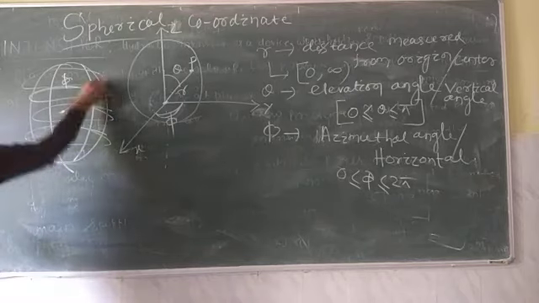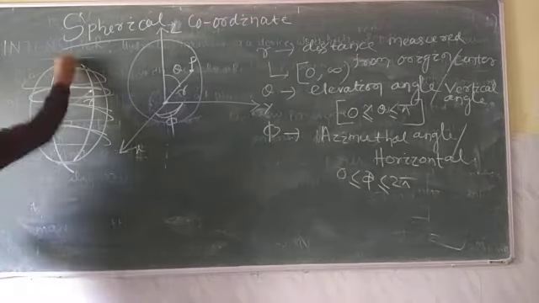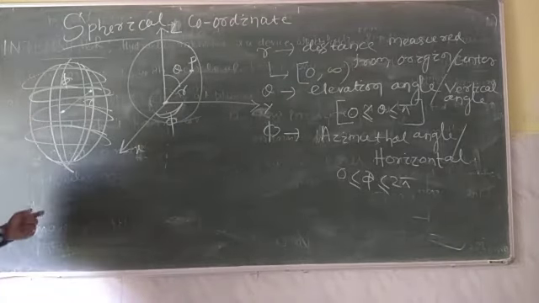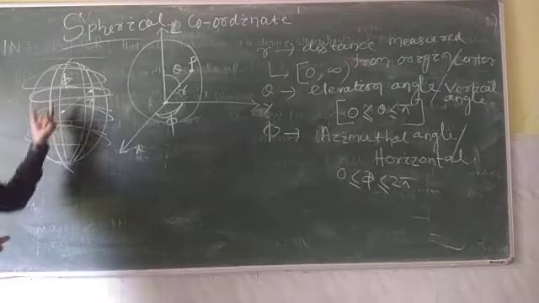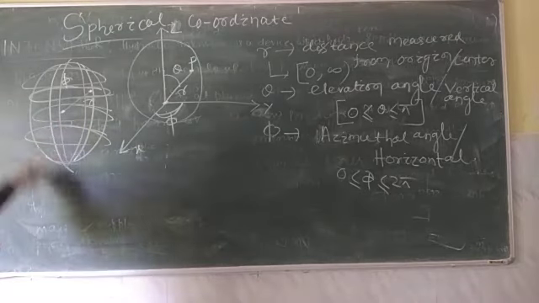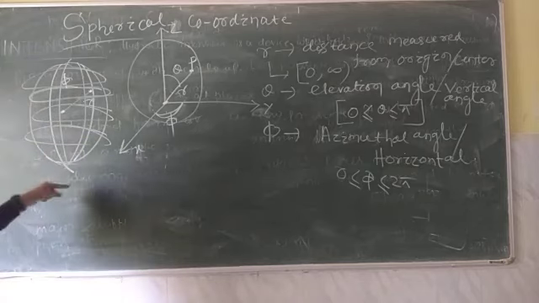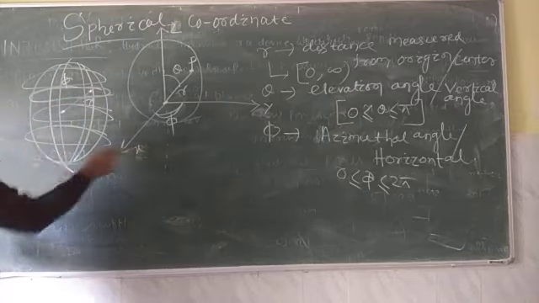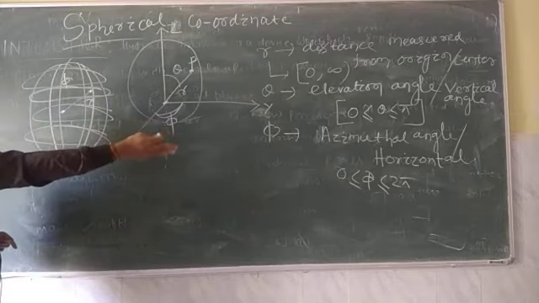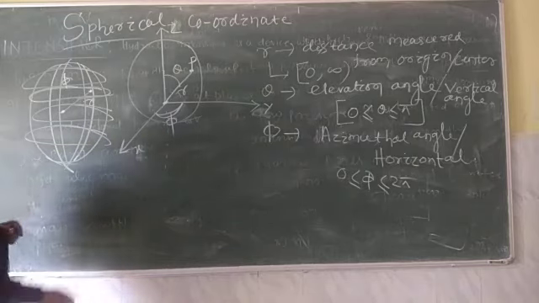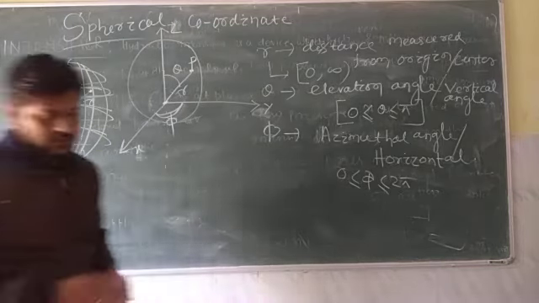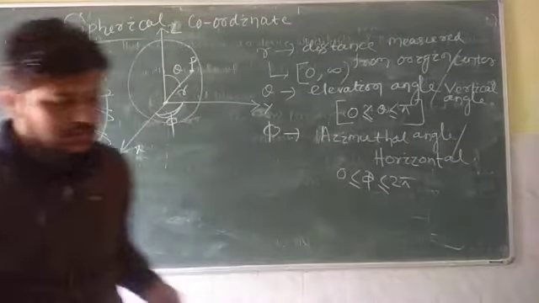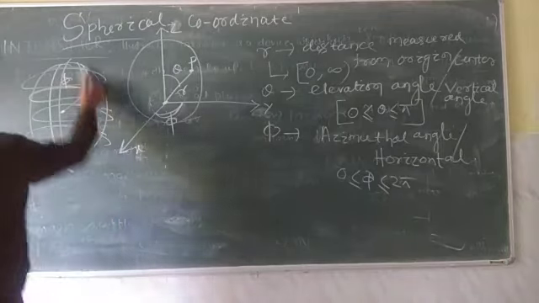So you can imagine a globe, where you can see like this. This angle is your vertical angle, that is varying from 0 to pi, and this is your horizontal angle. Horizontal angle always forms a circle, that's why this is varying from 0 to 2 pi, and r is the radius of the sphere. So let me explain you. Then we will see some important terminology.